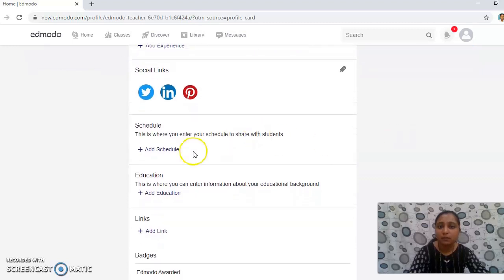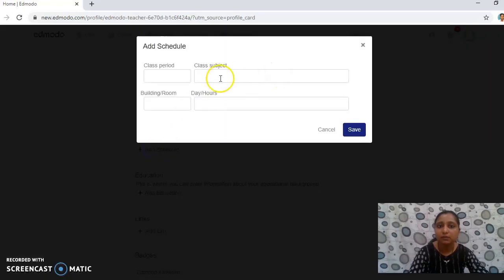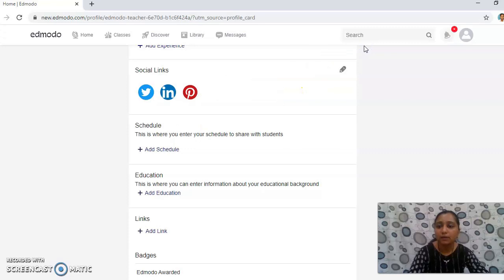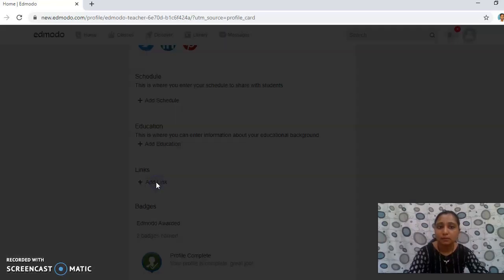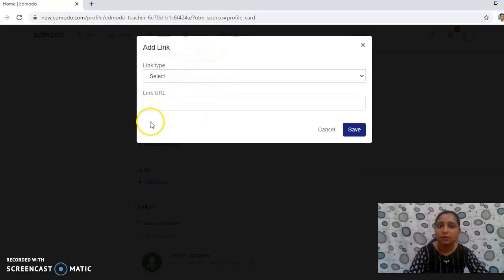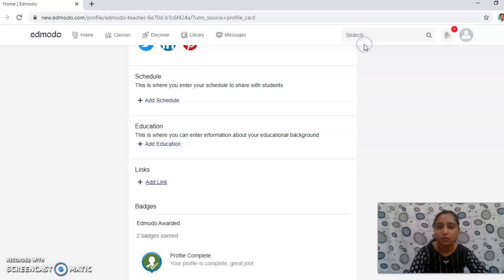Next, in case you want to share the schedule with your students, just click on add schedule and you can put class period, class subject, hours, so that they come to know at what time they have to come and see the classes. If you want to add any link, you have to type your link, your URL, so they can refer to your bio over there also.